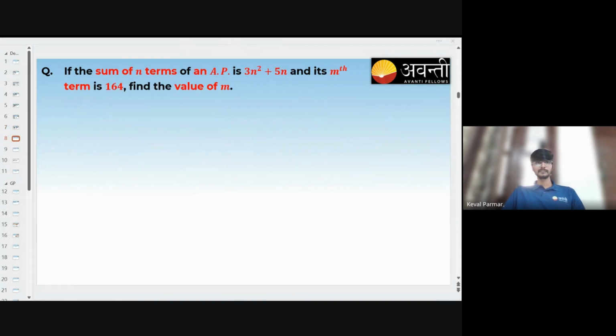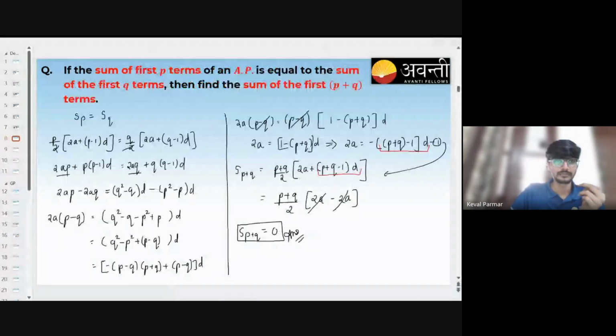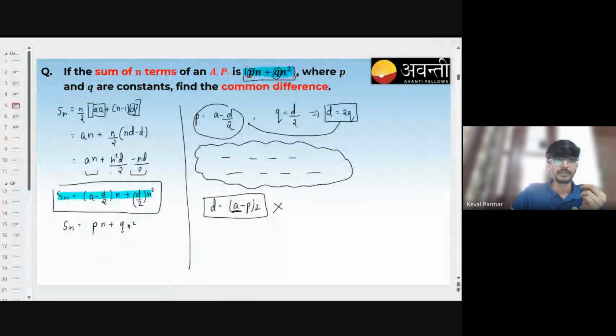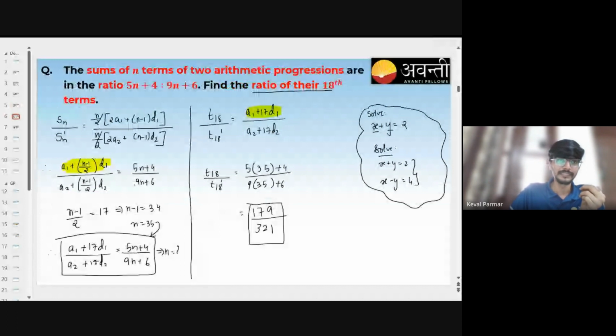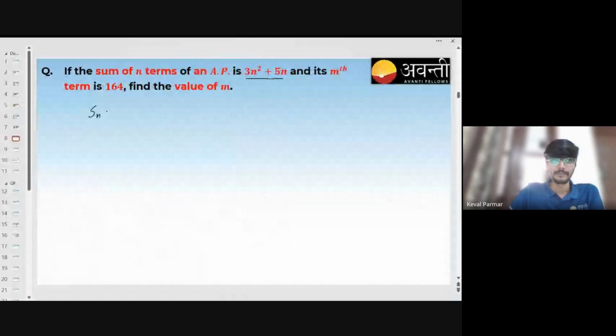I think we do not need to do this, do we? This is in terms of 3n square plus 5n. So I'm not deriving it again, I'll directly write it. Here it is. What is Sn? Sn is basically a minus d by 2